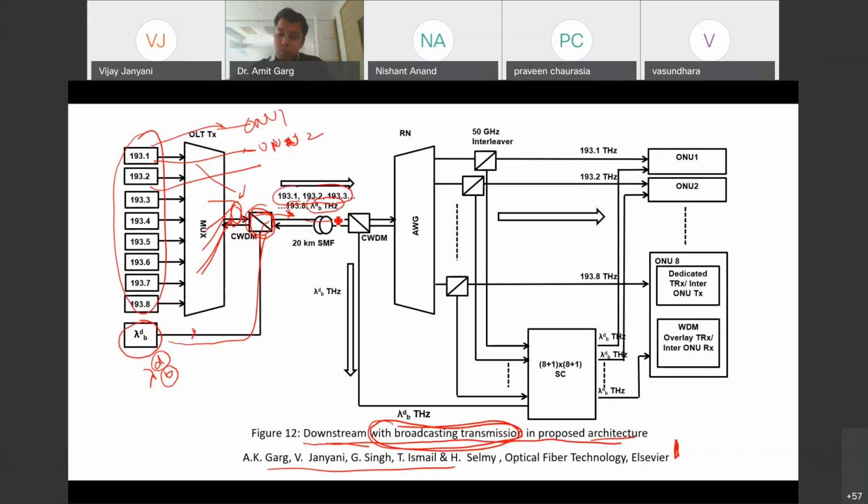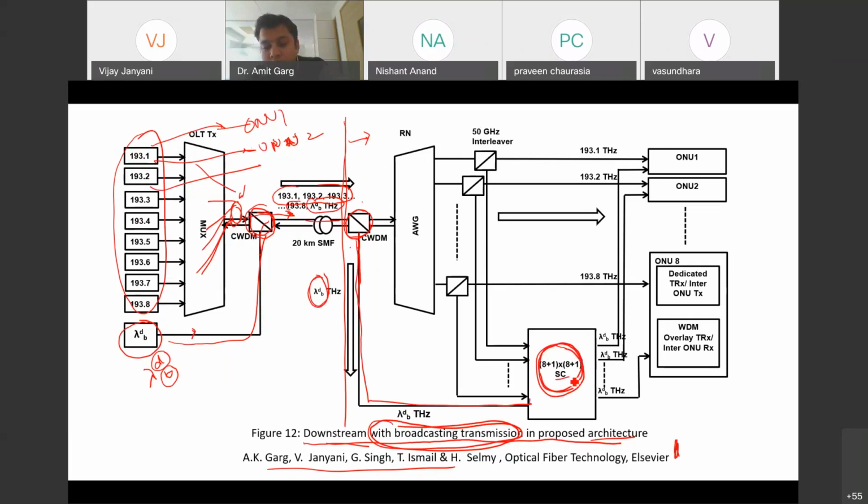On the receiver side, there is another coarse WDM, which separates your lambda BD, because it's a broadcast wavelength, and simply takes it to a coupler or splitter. Splitter and coupler can be used interchangeably, because in one direction it acts as a splitter, in the reverse direction as a coupler.